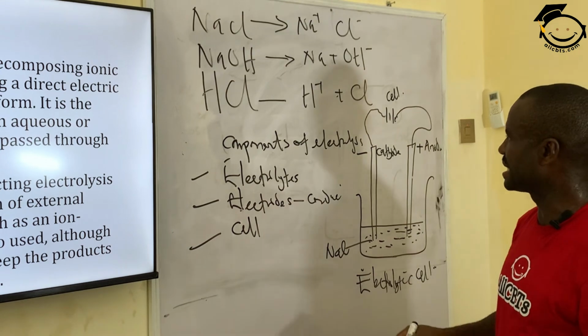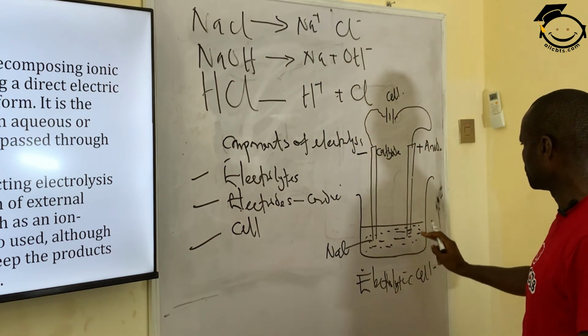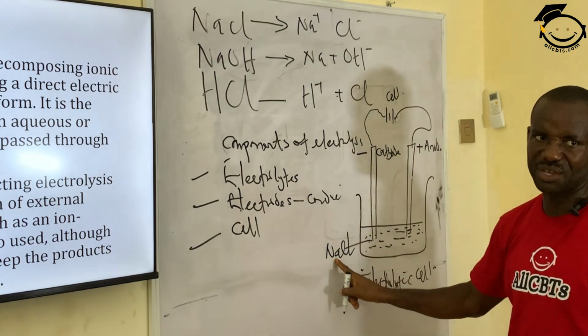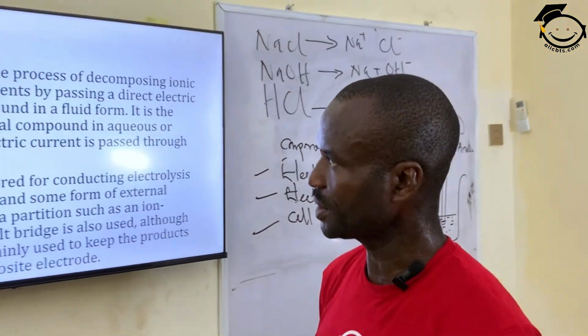So electrolysis can take place here. When this current switch is on, current will move into this system, thereby discharging this substance into their respective ions, sodium and chloride ion. All right. Next,